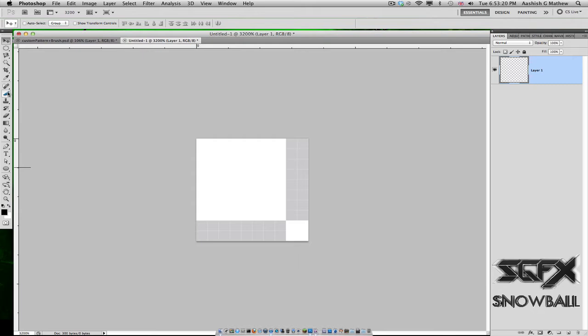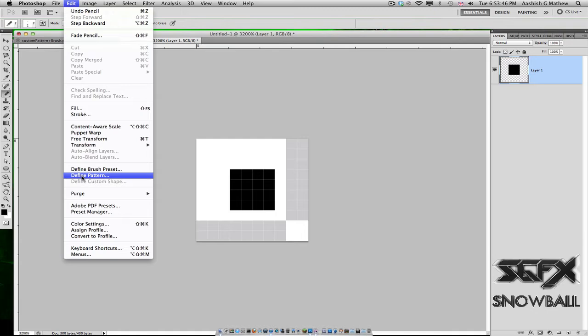So what you want to do is go down to your brush tool on the sidebar here. Right click that and make sure that it's selected on pencil tool, like so. Make sure that there's 1 pixel in size, like so, and basically just make whatever pattern you want. So I'm just gonna go like that. So after you've done your pattern and you're happy with it, all you gotta do is just go to